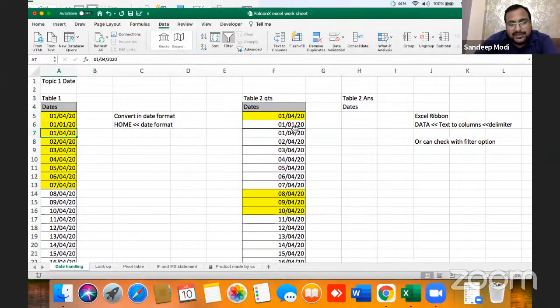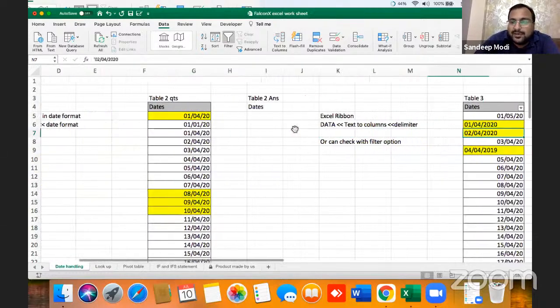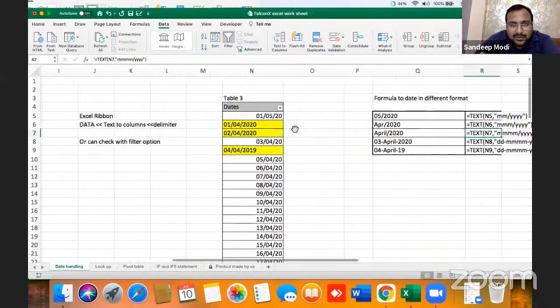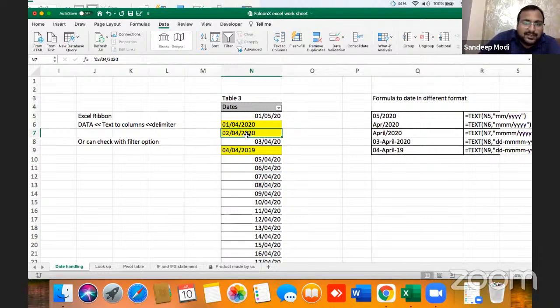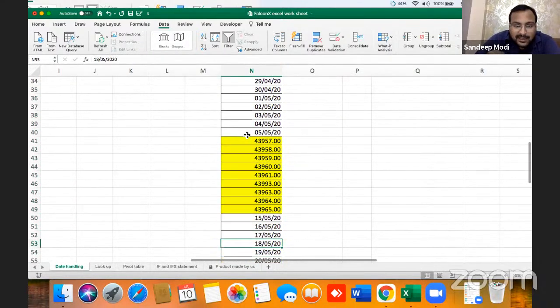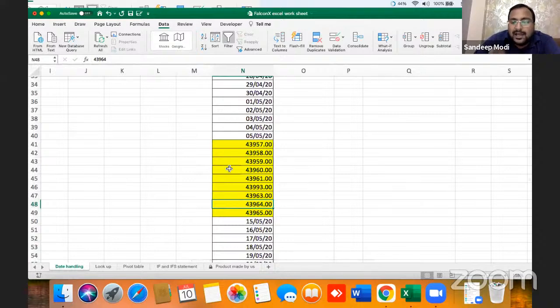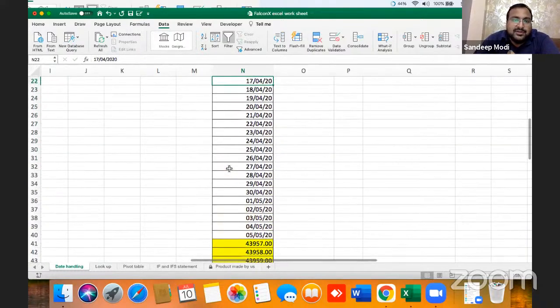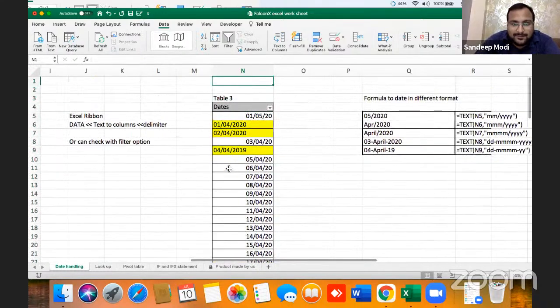Now, this was the case study where here dates were in number and here dates were in text. But in real life, all these problems come together. In this column, both problems are coming together. As you can see, some dates are in the text format and some in the number format. In future I will also explain why this proper formatting is needed. That point we will also come to in pivot table and in MIS. So I'm taking it step by step so that we can prepare a beautiful chart.